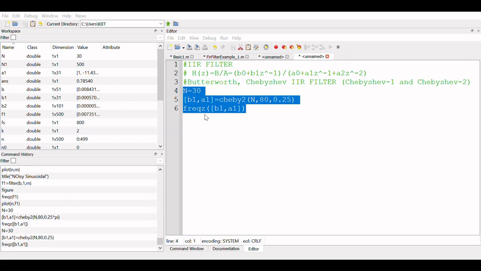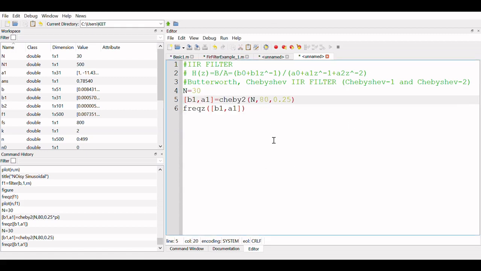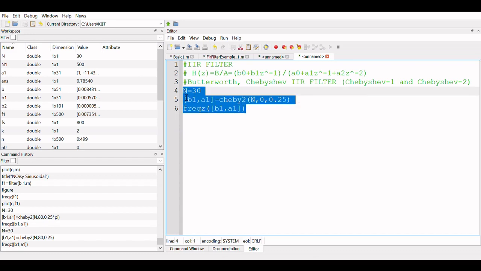Okay, now if you see, you can see there is a high jump in this thing. So let's decrease this value. So suppose I am taking it to 0 passband ripple, there is no ripple in the system.